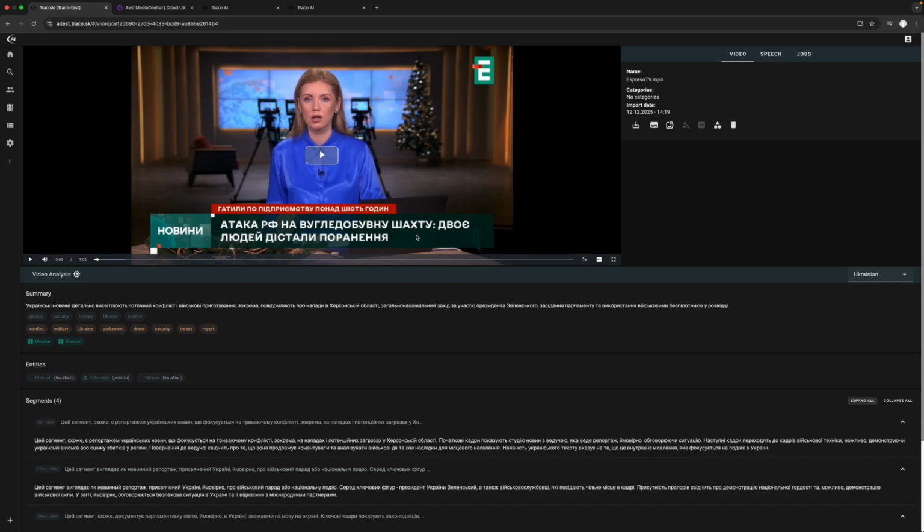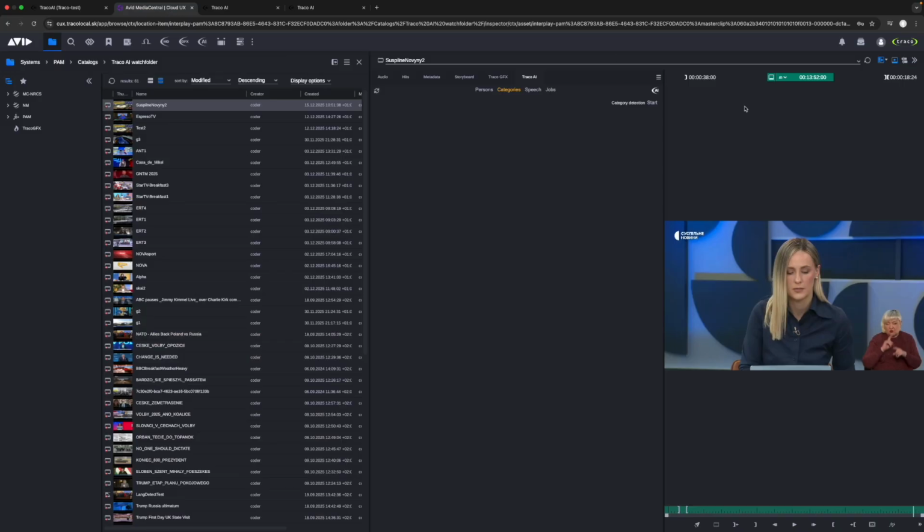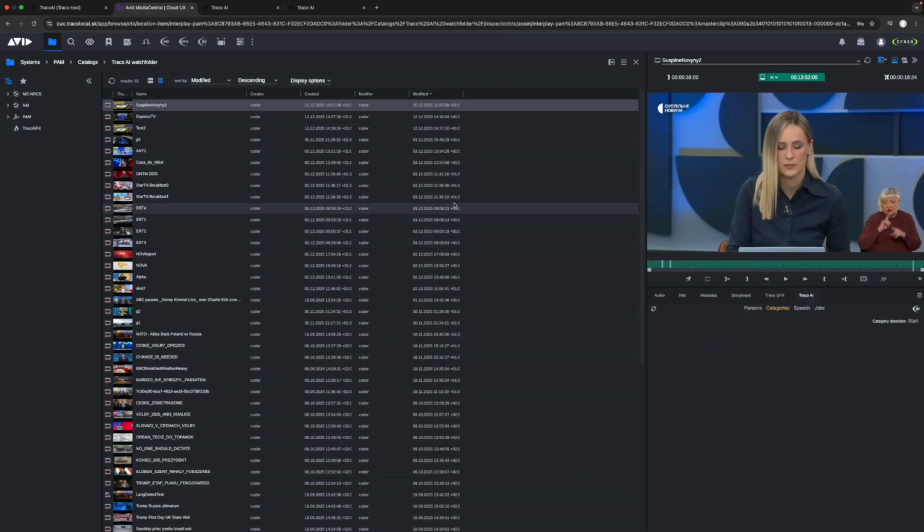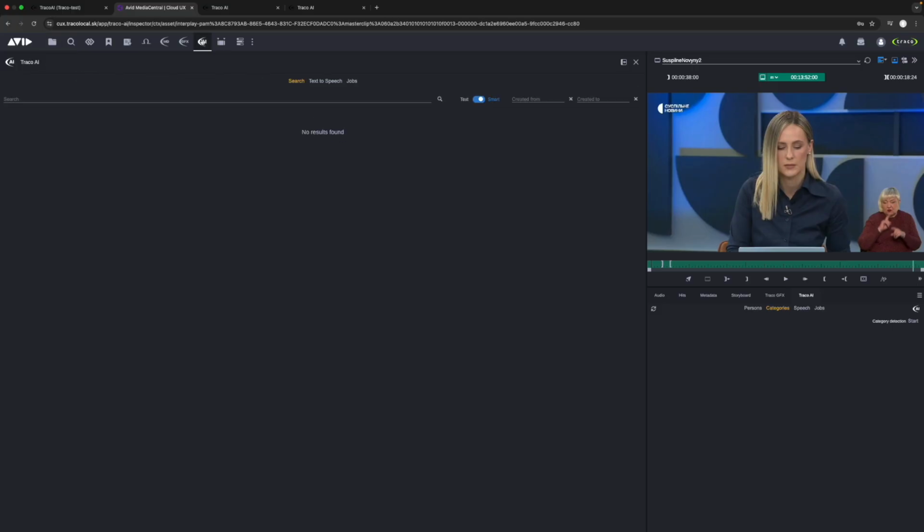So let me show you the idea in a real scenario. I jump back to the Media Central CloudWix, and I open Traco AI, the new Traco AI searching tool, which is a semantic search tool. So as you can see, we have two options: full text search. So for example, when I'm looking for some president and hit the search,